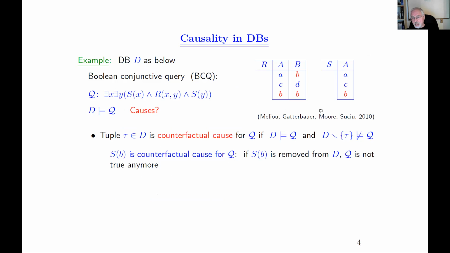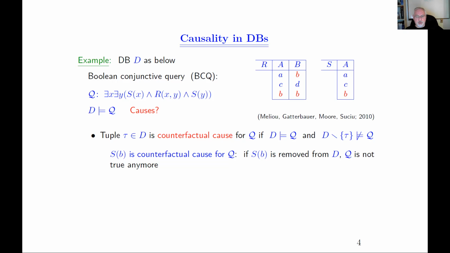And then we can see that actually, for example, removing this tuple SV from the database invalidates the query. That's exactly what the counterfactual cause is. So a tuple in the database is counterfactual cause for the query if the query is satisfied by the database, but when we remove the tuple, then the query is no longer true. So this SV is a counterfactual cause for the query. But it might be the case that removing a single tuple is not enough to invalidate the query, so we might need to remove other tuples, and that is